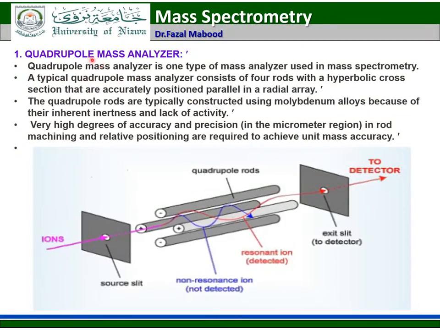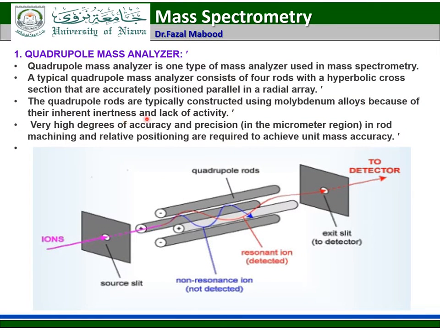Quadrupole mass analyzer. Here you see quadrupole rods, there are 4 rods. The quadrupole mass analyzer is one type of mass analyzer used in mass spectrometry. A typical quadrupole mass analyzer consists of 4 rods with a hyperbolic cross section that are accurately positioned parallel in a radial array. The quadrupole rods are typically constructed using molybdenum alloy because of their inherent inertness and lack of